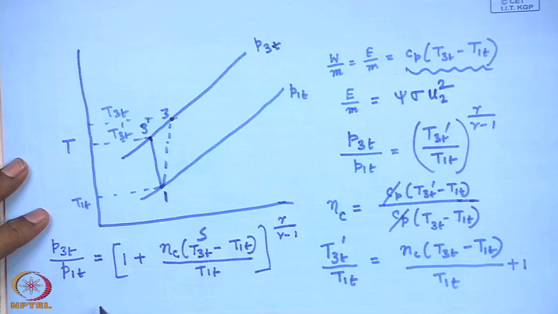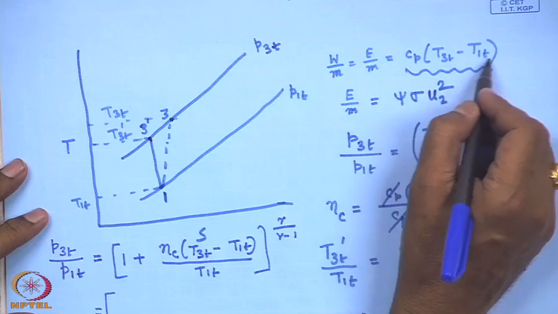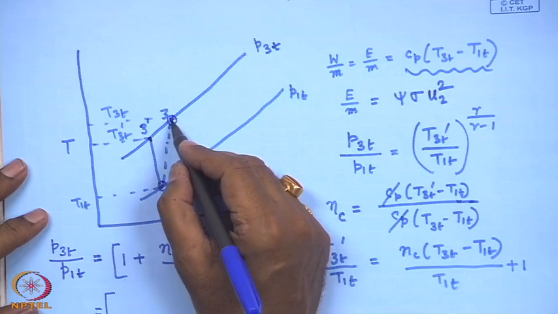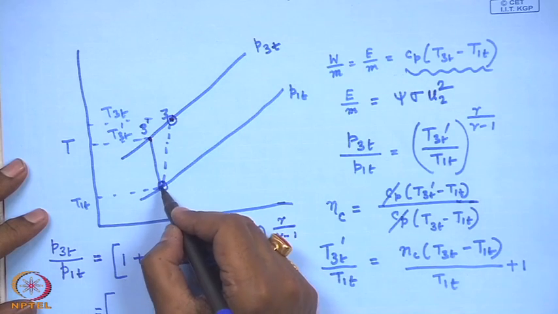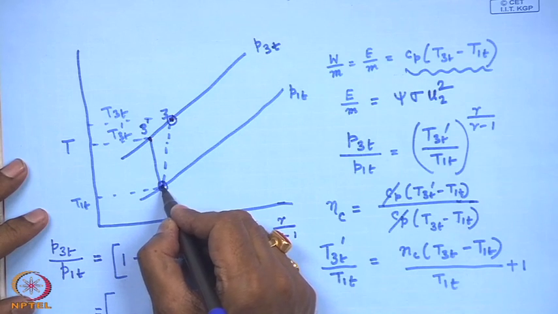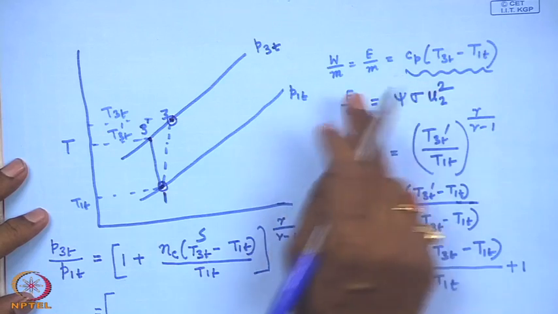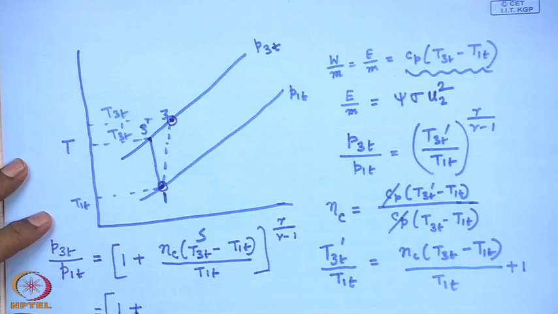Again, I can substitute this temperature difference T3T minus T1T, the difference in the stagnation temperature at the end of the compression, that means the end of the compressor, after the compression in the diffuser, and the inlet stagnation or total temperatures. This difference, in terms of the work per unit mass, we can write as 1 plus eta C into